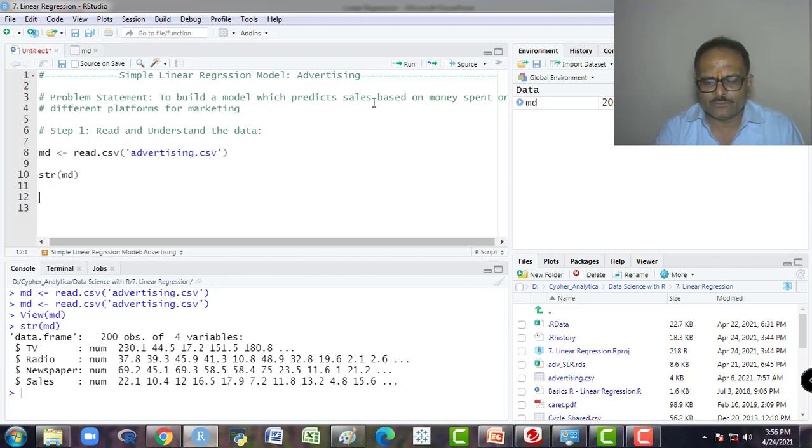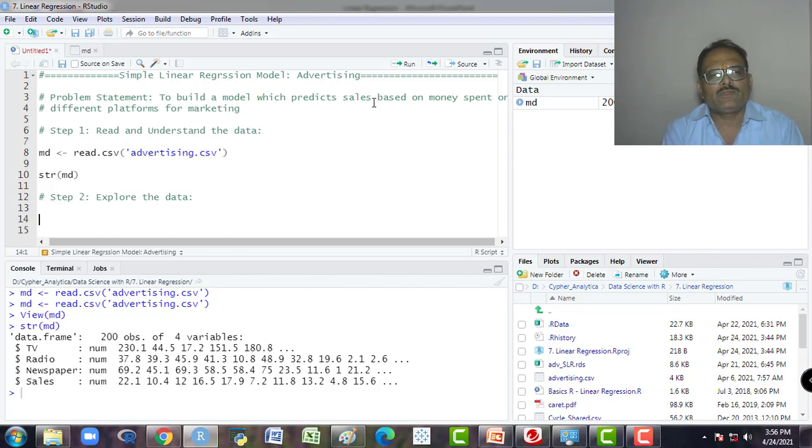Then what we do is explore the data. Now the second step is to explore the data. Step 2, explore the data.